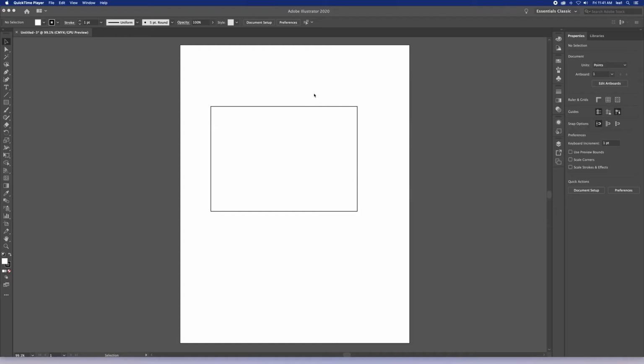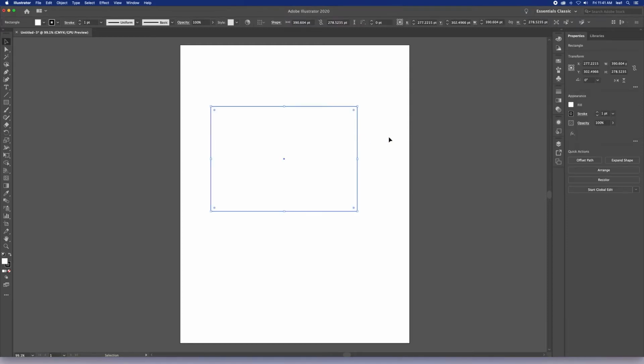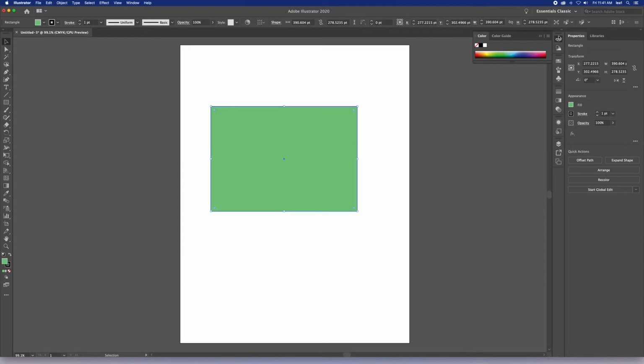I'm going to talk a little bit about using color in Illustrator. I have a rectangle here, which has a white fill and a black stroke. Now, we know that we can change the color by clicking on the color panel. Again, all you have to do is click on this color ramp here, but if you want more options, make